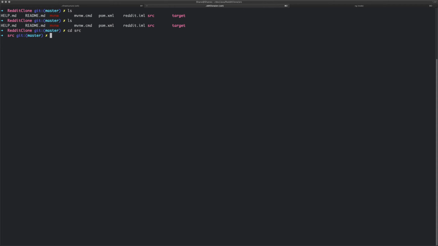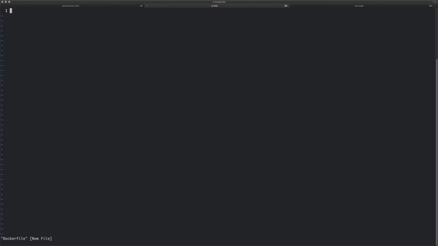And if I go to the source, like that, let's come back actually over here. We're going to create a Dockerfile. Dockerfile, capital D. Quite important that you put a capital D, otherwise it won't work. What a Dockerfile is going to do is basically give us a load of instructions to actually build an image of our project. So in this case, we are going to be running it from Alpine